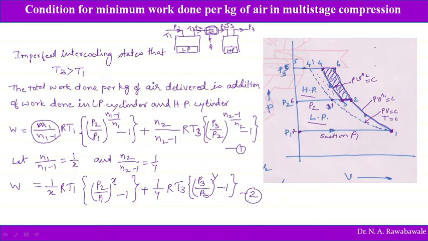Now, as P1 is atmospheric pressure, we cannot change it. P3 is the desired pressure which we want. We cannot change P3, we cannot change P1. P1 is set by the natural atmospheric conditions, whereas P3 is set as per our requirements. We want the required pressure of air. So what is in our hand? We have to adjust the intermediate pressure in such a way that the work done will be minimum. P1 and P3 are the pressures which are constants and cannot be altered.